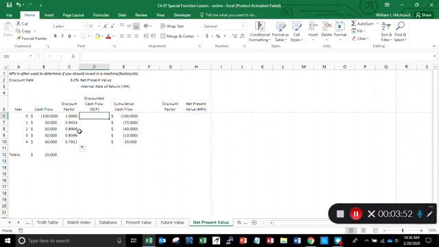So for my discounted cash flow, it's equal to $100,000 times my discount factor. Let's use the same formatting that we had here. I'm going to choose my format painter. Copy that down. And then here I've got my sum formula. So I want to sum up the discounted cash flows. And it tells me that I have a total discounted cash flows of